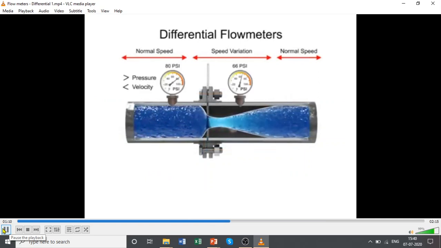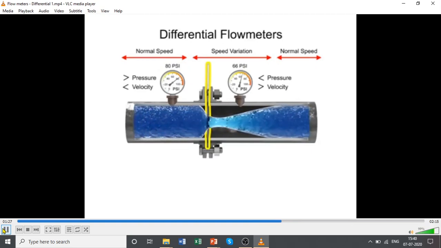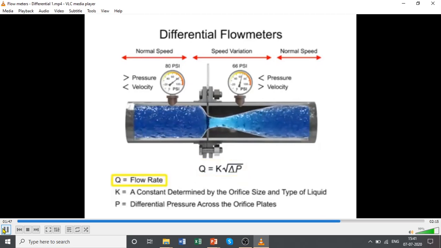Applying Bernoulli's principle, the increased fluid velocity results in a decrease in pressure. As the fluid flow rate increases through the pipe, back pressure on the incoming side increases due to the restriction of flow created by the orifice plate. The pressure of the fluid at the downstream side of the orifice plate is less than the incoming side due to the accelerated flow. With a known differential pressure and velocity of the fluid, the volumetric flow rate can be determined. The flow rate, Q, of a fluid through an orifice plate in